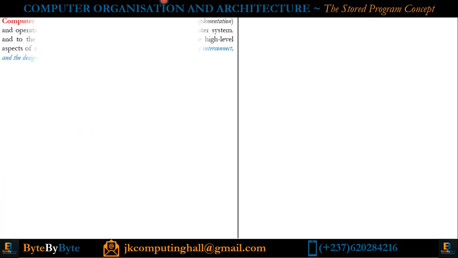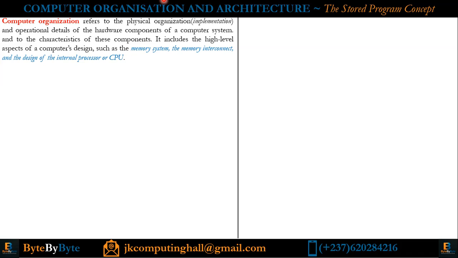Now, computer organization refers to the physical organization (in brackets, implementation) and operational details of the hardware components of a computer system and to the characteristics of these components. It includes the high-level aspects of a computer's design, such as the memory system, memory interconnect, and the design of the internal processor or the CPU. So this is what we refer to as computer organization. That is the implementation and the operational details of the hardware components of the computer system and the characteristics of